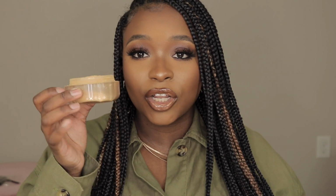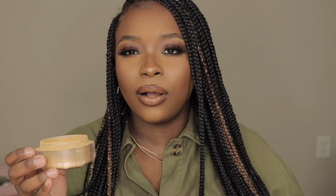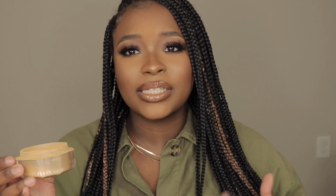I know a lot of people personally do not like that the powder is a bit drier. I personally just think it comes with a learning curve to love it, pretty much. I love the coverage in the undertone and how brightening this specific color is, and it's in the color Honey. Honey is for dark, I believe actually 10 to deep skin,